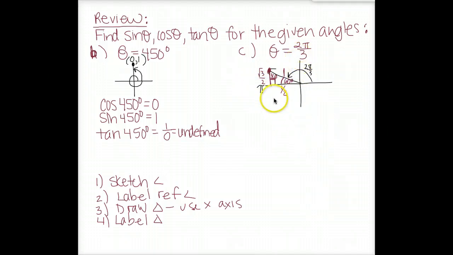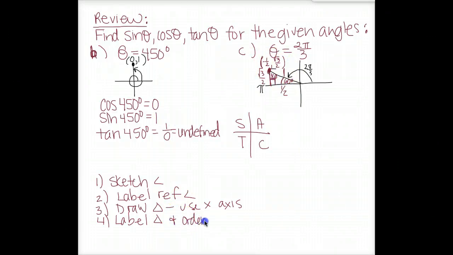Remember that we always label the triangle with positive values. It's okay with me if you want to label them with negatives. But when you write the ordered pair, that's where you have to think about the ASTC that we did on the homework. Because since I'm in quadrant 2, that means to get to this point, I went left 1/2. So that's a negative value. Then I went up, that's a positive value, so radical 3/2 here. Okay, so this is my ordered pair,